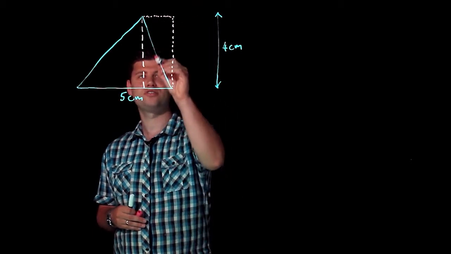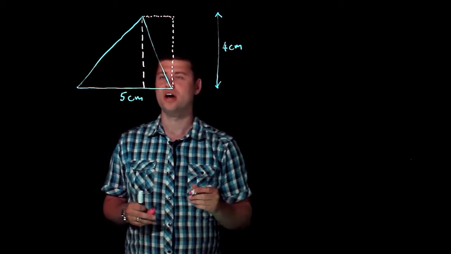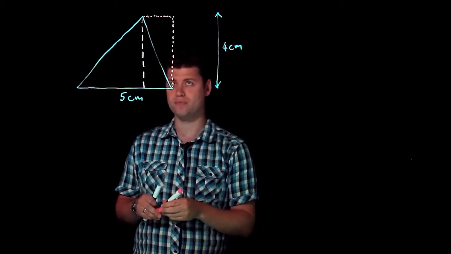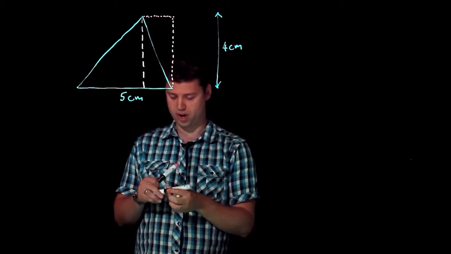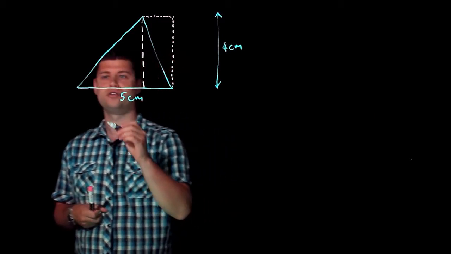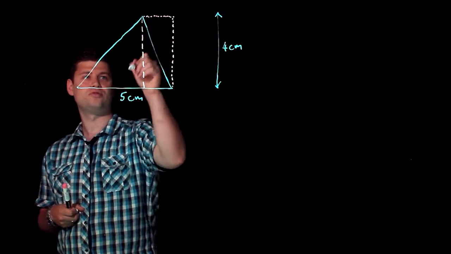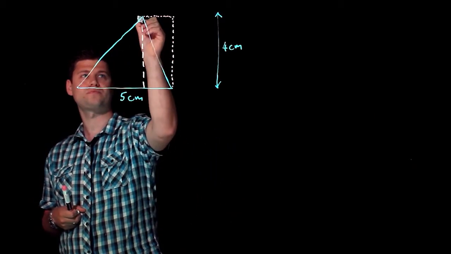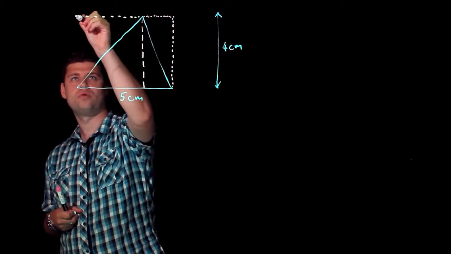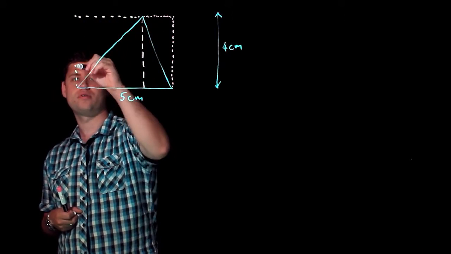Okay, so these two triangles are the same. And then I'm going to do exactly the same over here with the other triangle that we've got. So I'm going to match this triangle up here with